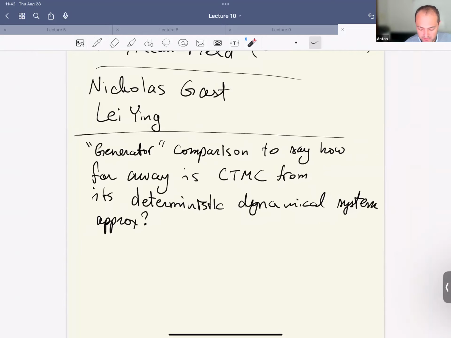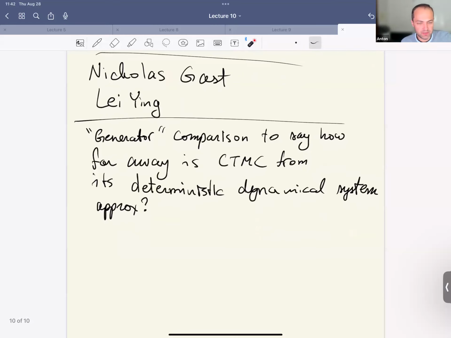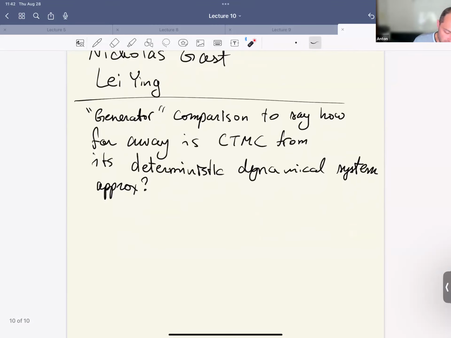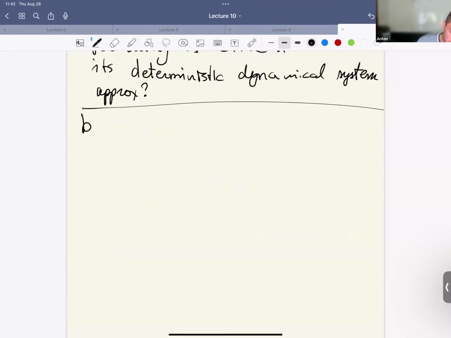Why deterministic dynamical system? This encompasses both fluid and mean field, but going forward, I'm just going to say fluid because it's quicker. And let me show you what we can achieve, back to our